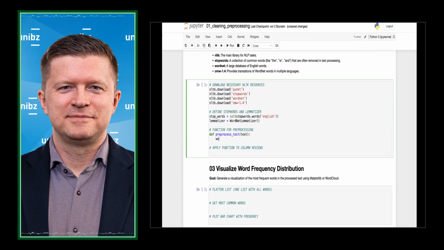And let's do words equals word_tokenize. Let's do lowercase. We probably don't have to do this. I'm not really sure about WordNet, but just in case, just to make sure all the reviews are lowercase.